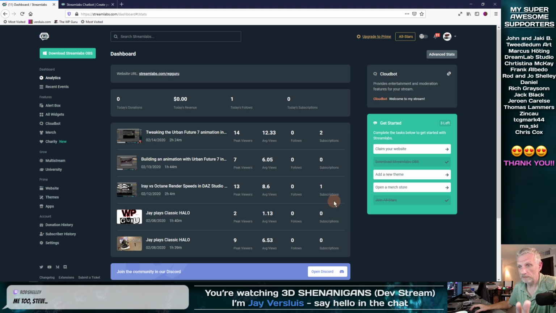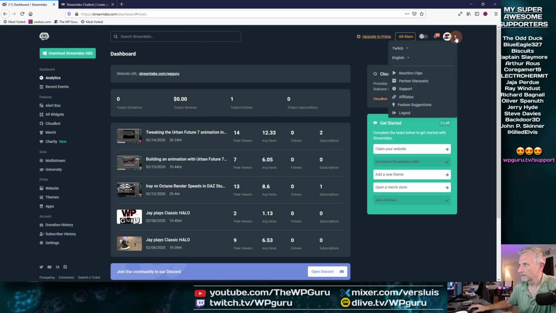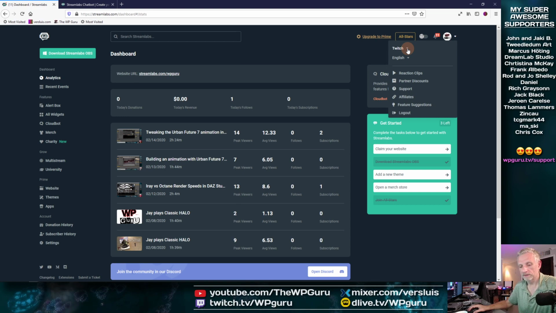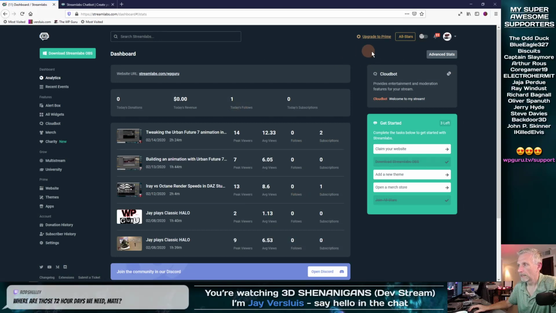The service is free and doesn't cost anything, but you can give them money and unlock additional features, like with this thing here. Mine up here is linked. I can switch to my Twitch dashboard, YouTube dashboard, Mixer, or Periscope dashboard. I'm going to stay on Twitch because we are on Twitch. And these are the options.